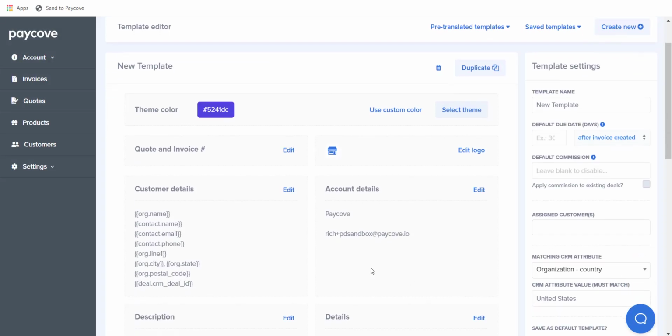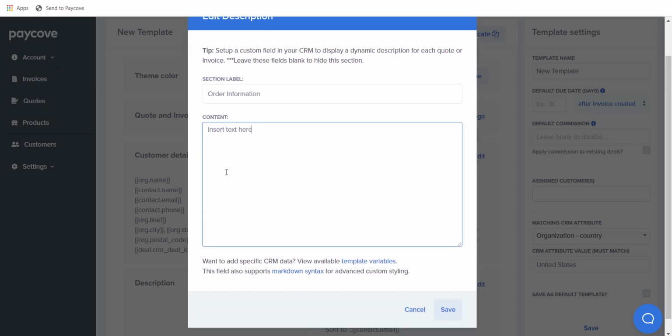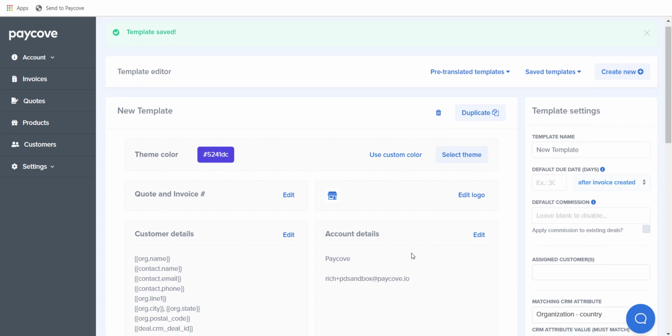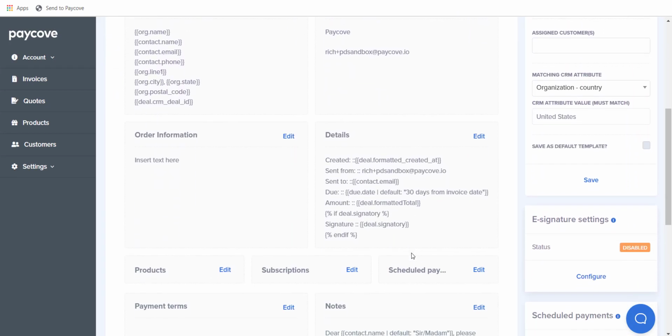You can rename any section label or even delete a whole section by leaving it blank. If you'd like to customize your template any further, Paycove also supports Markdown syntax. Just like section labels, you can rename the button that accepts or denies a quote and the button to pay an invoice. On the right side of your template editor, you'll find your e-signature settings where you can enable the